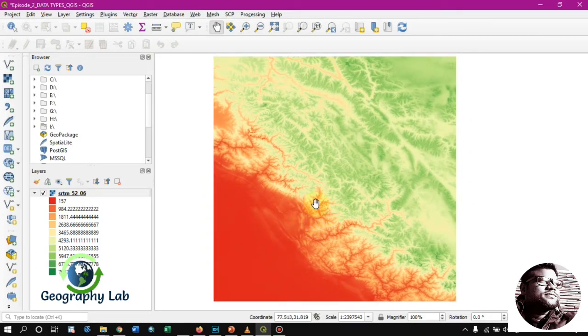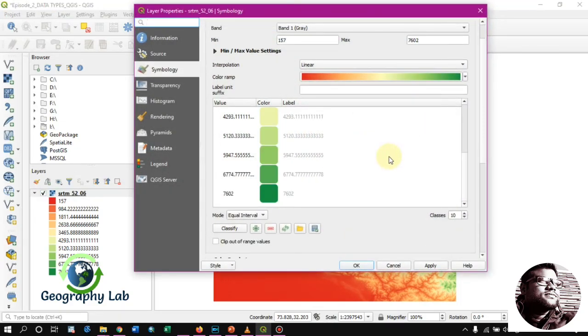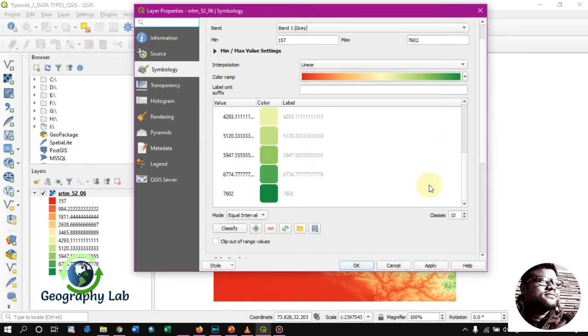You will see how all this data is represented on the basis of the values. Maybe we can use the invert color option.